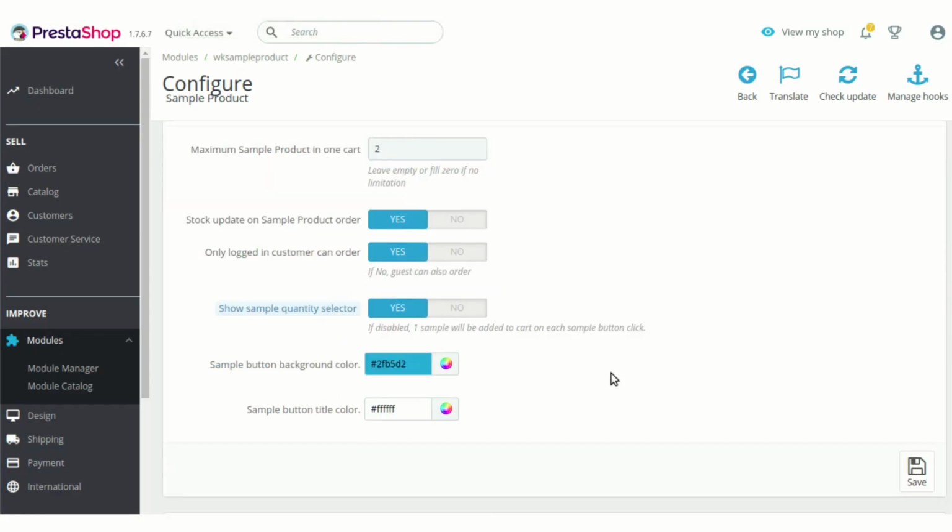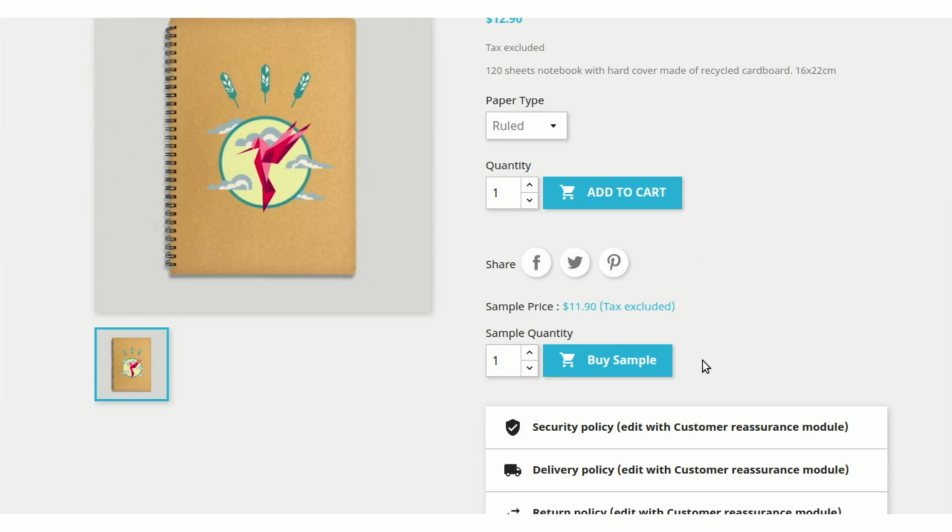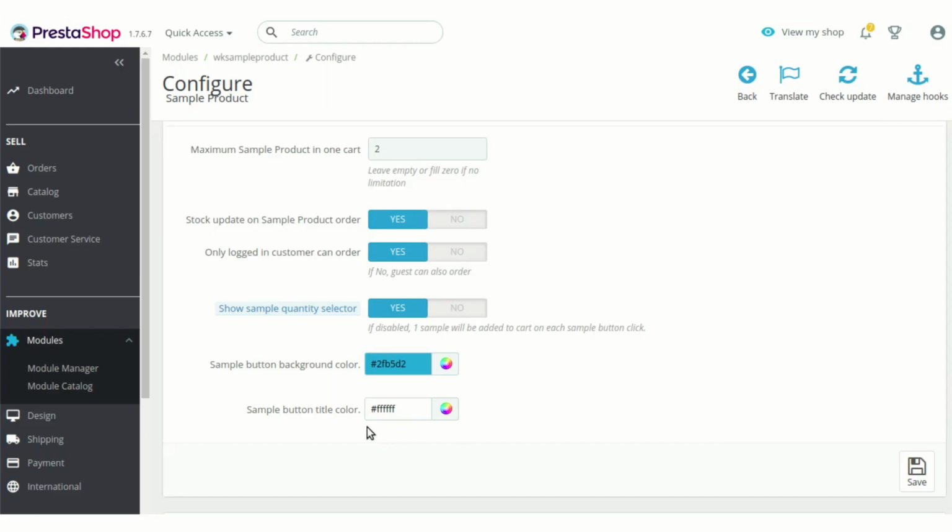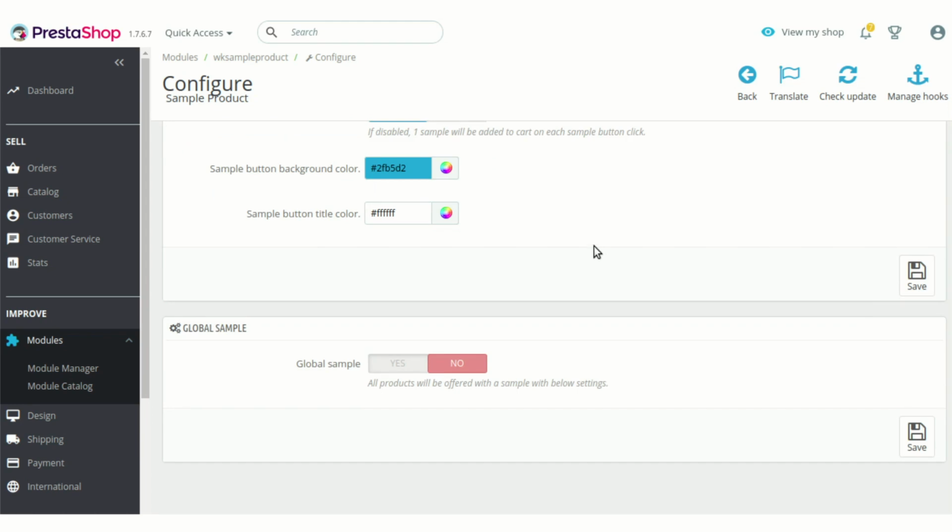Now let's see other options. You can also customize the sample product button available here on the product page, such as the color of the background and text and other things. From here you can simply customize those colors with the help of these options available in the configuration settings.